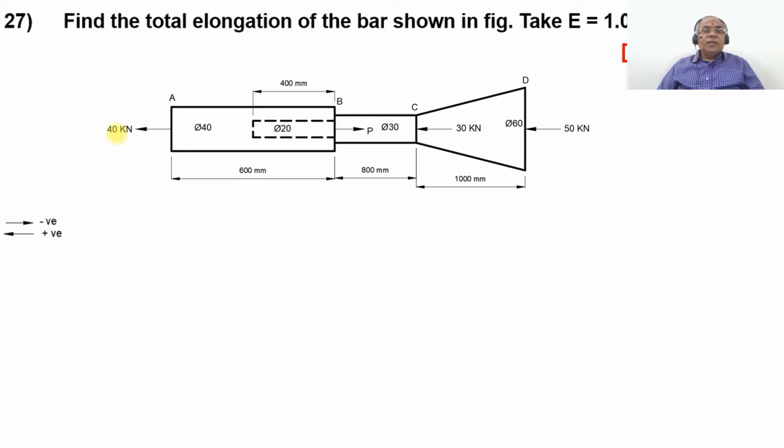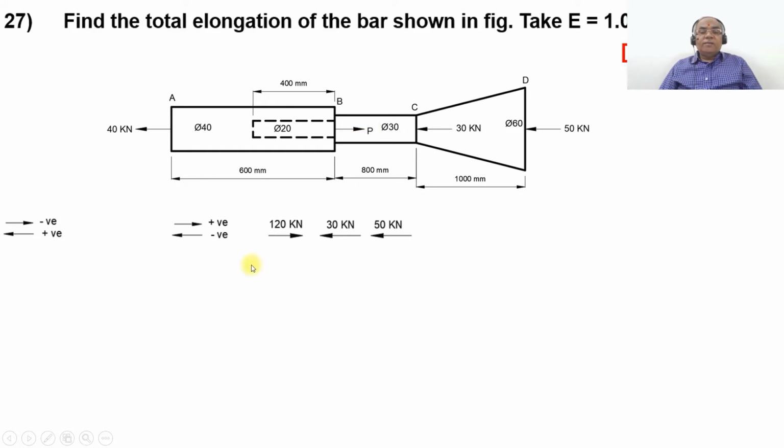Now we will consider the first segment, which is AB. On the left hand side we have 40 kilonewton. The load acting toward the left side is positive, and the load acting toward the right side is negative, which is compressive. On the right hand side of the segment, the load acting toward the left side is negative because it is compressive, and the load acting toward the right side is positive, which is tensile. So if you consider all the loads acting towards the right hand side of the first segment,